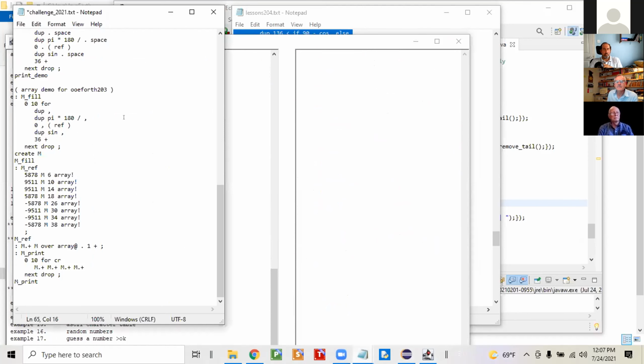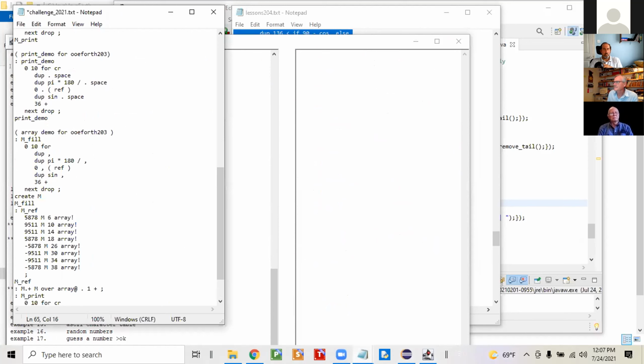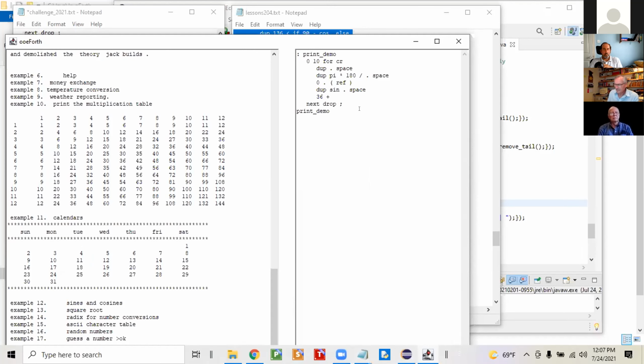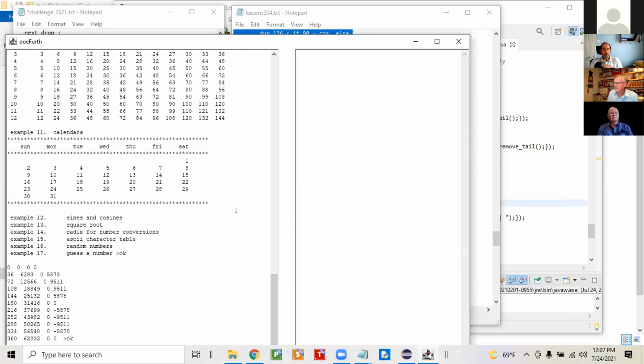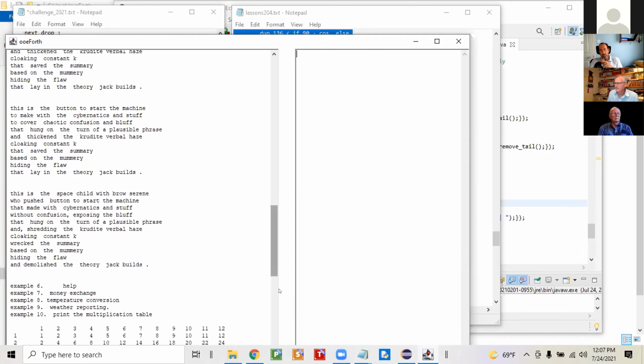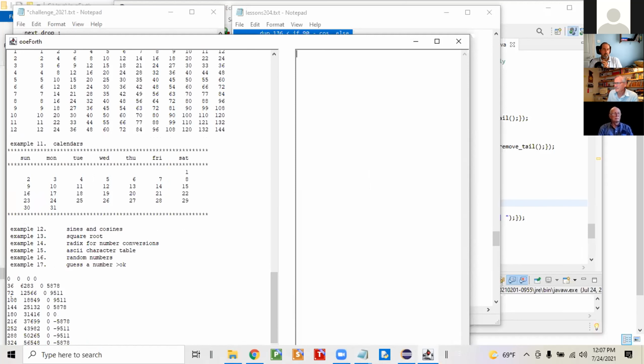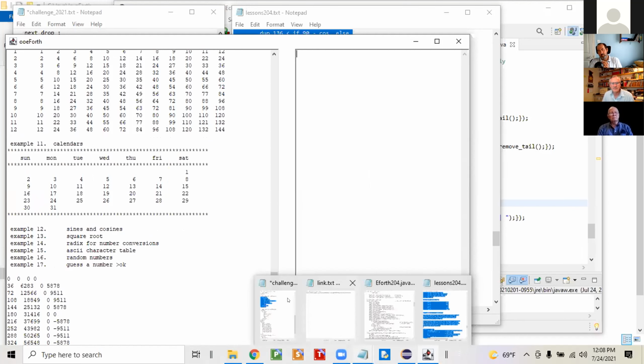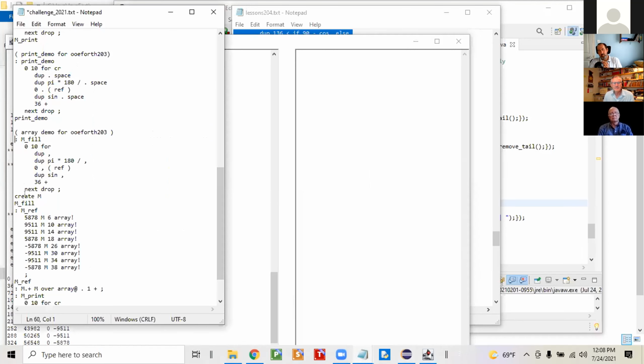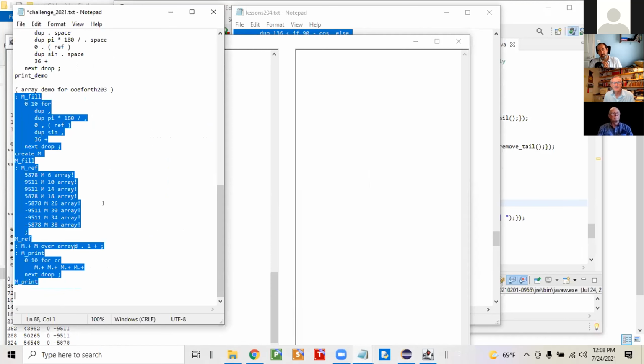And the first part of the challenge is to print out the table. Okay, print out a table. All right, you can see. Oh, sorry. You can see the numbers. There's no reference number. It's just a calculated number, okay? And now I load the second part of my challenge. Okay, here,